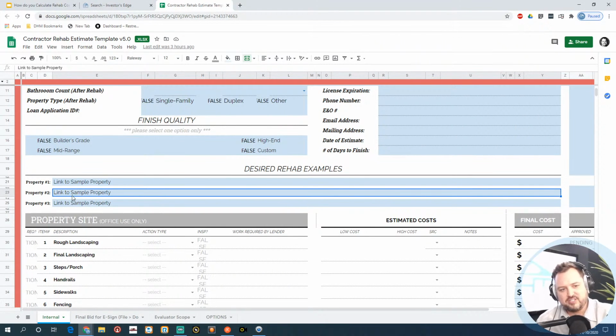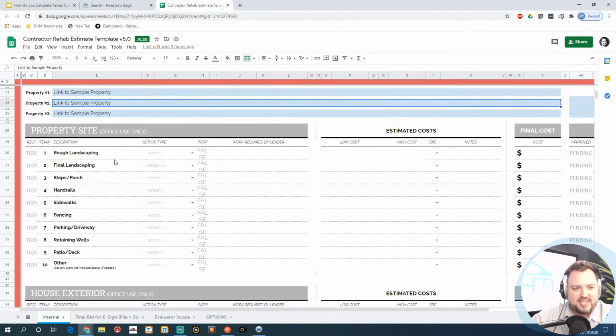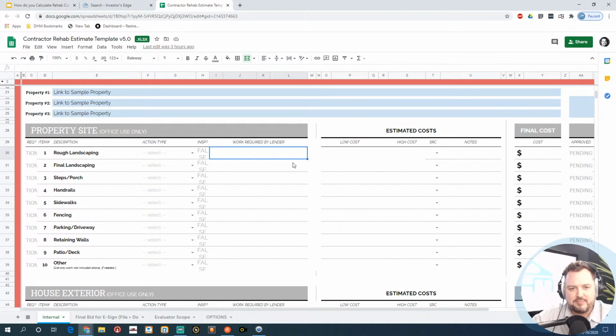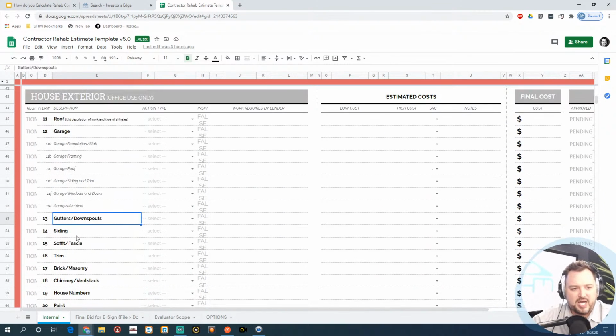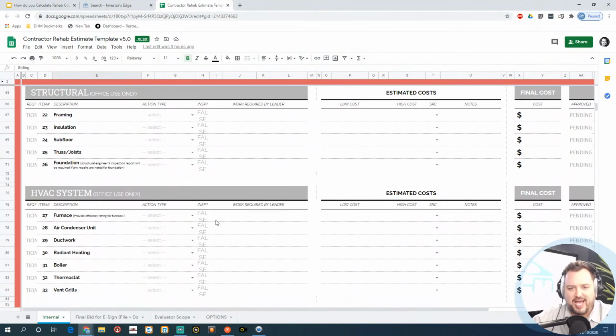This is what my house needs to look like. I put it in here for examples so my general contractors know this is the quality of workmanship I'm looking for. Then I can come in here item by item: rough landscaping, I can type in what's required, low cost, final landscaping, steps for the porch, handrails. Each line item, gutters and downspouts, every single line item